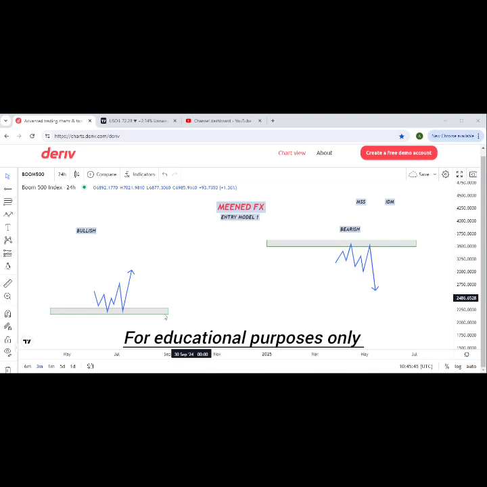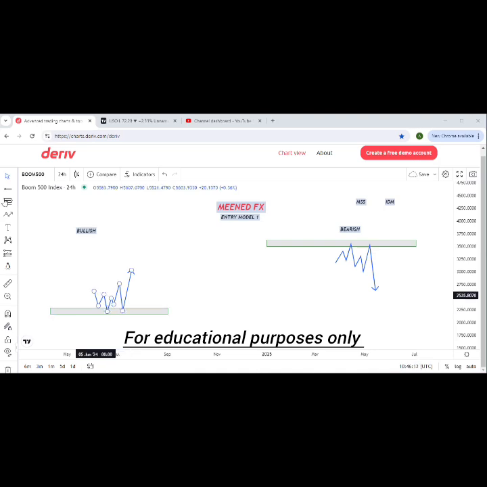So now, if these zones were marked on daily time frame, basically I go to 1 hour time frame to wait for my confirmation for entry. Now, what do I want to see on 1 hour time frame? When price taps a zone on daily time frame, I go to 1 hour time frame. What do I want to see? I want to see a change in market